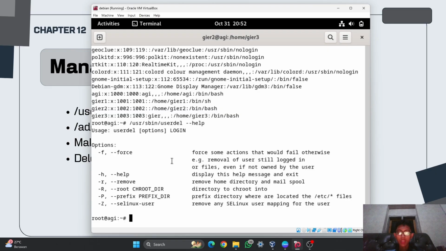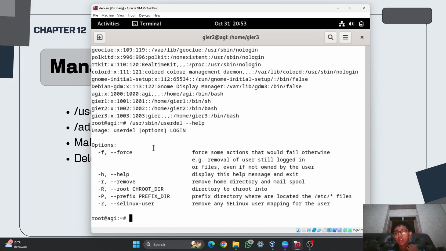But for force, it will force some action, for example, if you want to delete GR2 user but you still are logged into it, but if you use -f, you will get a forced delete, so you will get logged off from GR2.